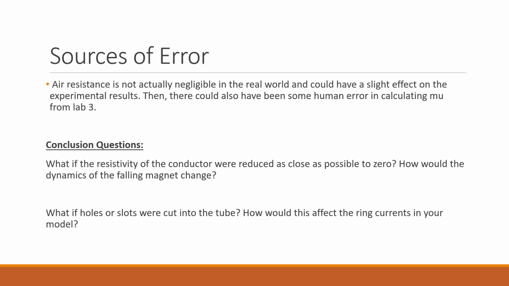Sources of error: air resistance actually is not negligible in the real world, and it could have a slight effect on the upward force. So yeah, that would make us slower, and that makes sense with the experimental to computational data. So that would be a fair point. And the conclusion questions: